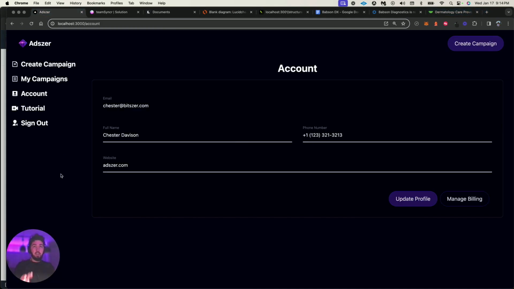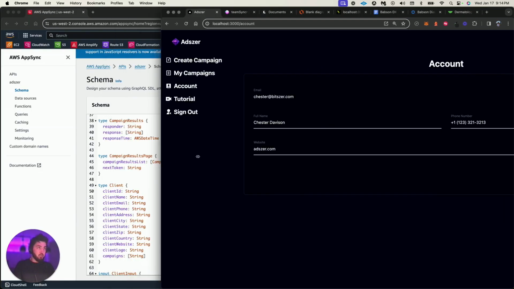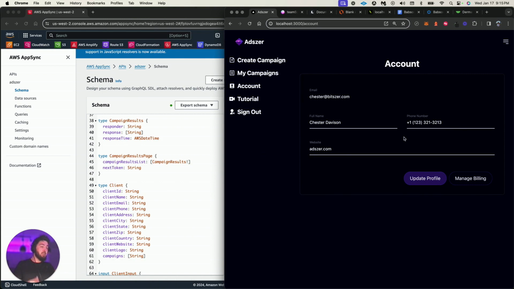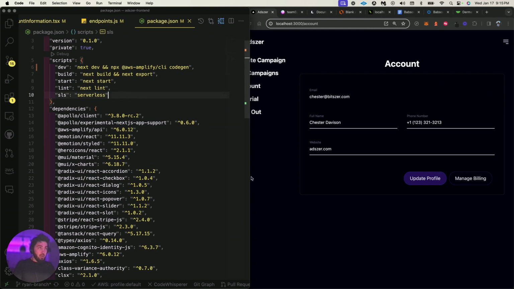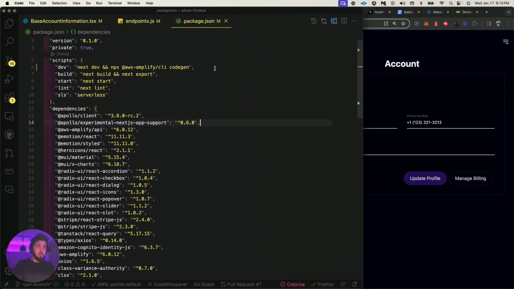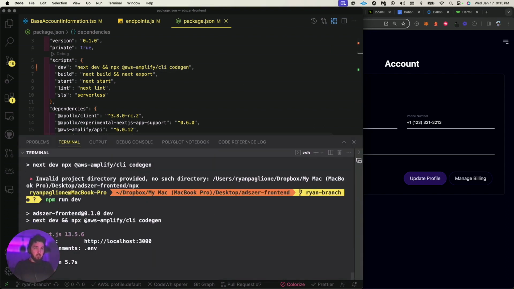Here's the area where we are going to be integrating all of this. And all I want to do is just add a field down here that's obviously tied into the backend that says address. And let's do that real quick. So what I have in my script over here is just a contract generation script. So every time I run my server, I'm generating a contract with the backend.